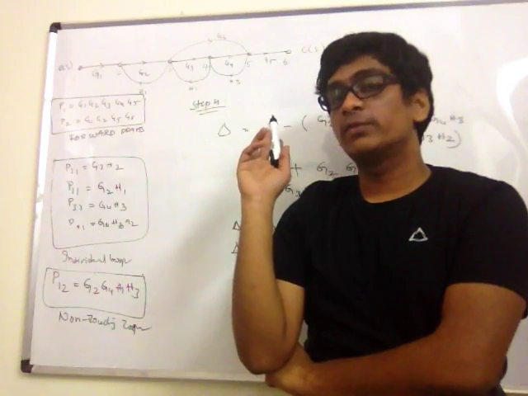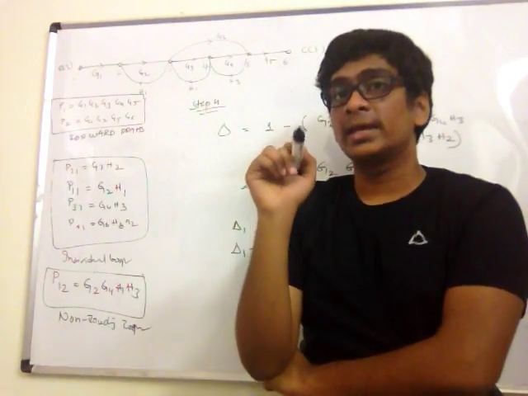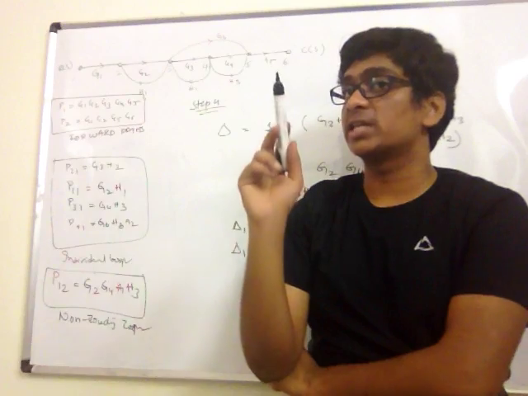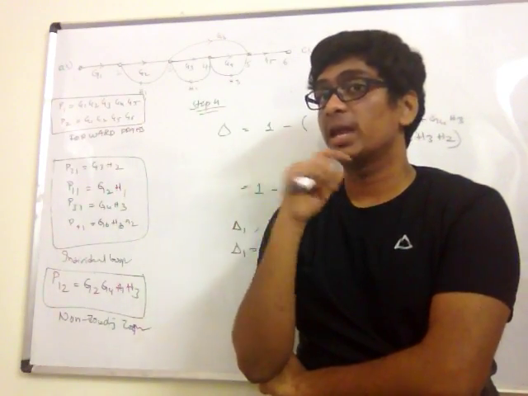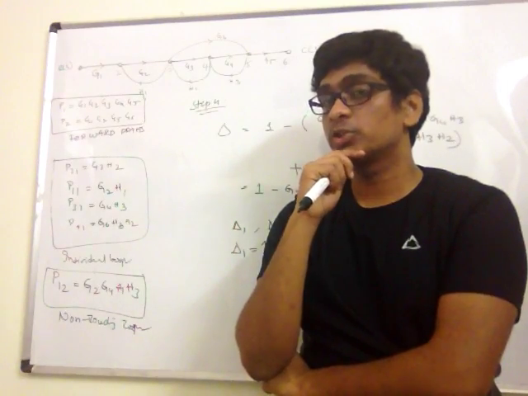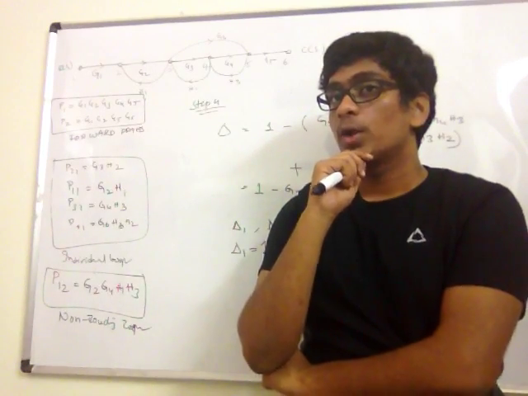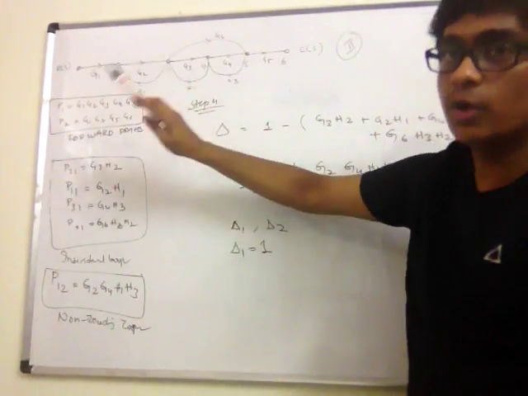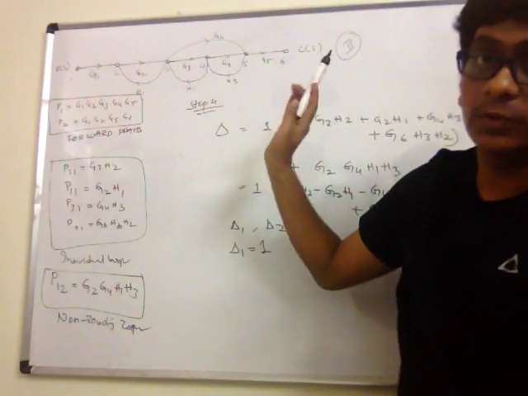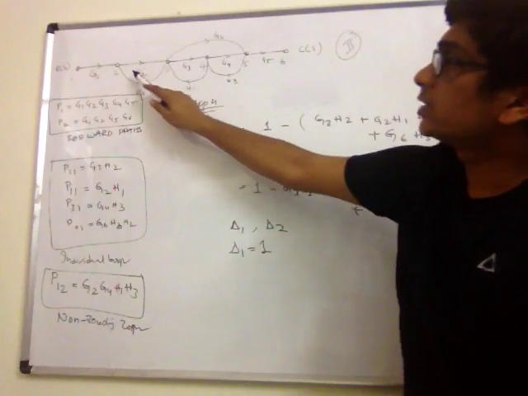So if you see it, is there any individual loop which is not touching the second forward path? Is there any loop? Just look at it. So let's solve it by looking at each individual loop. If you look at this loop,